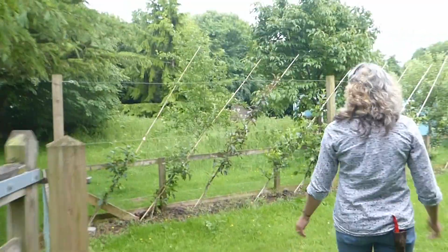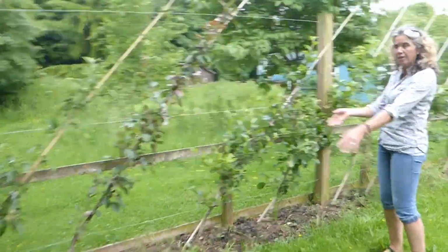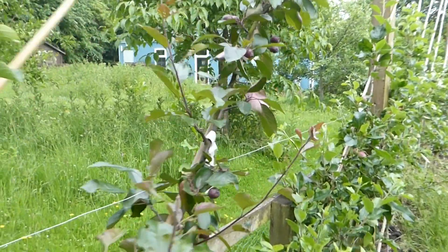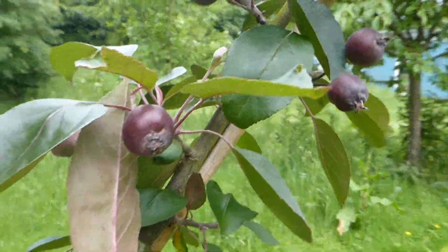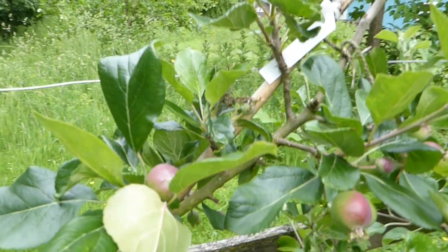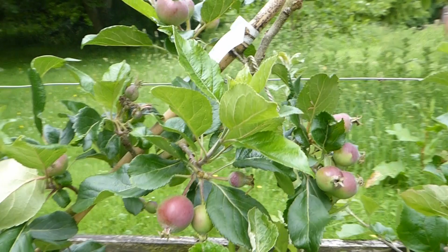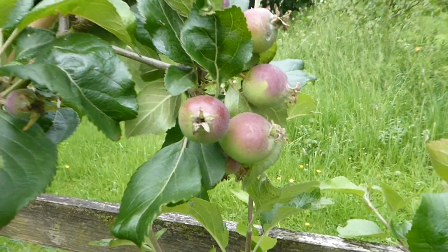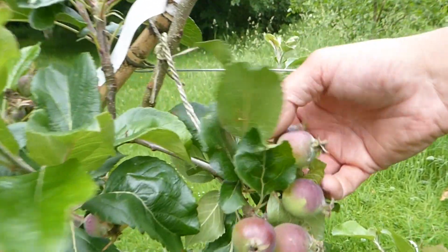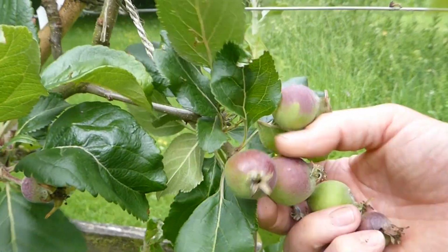I'm going to come through into the sustainable garden and just have a quick look at the cordoned apple trees at a wonderful 45-degree angle. Now they were pruned up, they looked beautiful when they were flowering, and now is the time to pop along through your apples and thin out. Now if you haven't done thinning before, you sometimes feel a bit mean, but that plant will put a huge amount of energy into all those apples. All those apples together won't be able to expand into good fruit. So thinning means you go through, and it feels really mean to do it, but you're actually choosing to leave